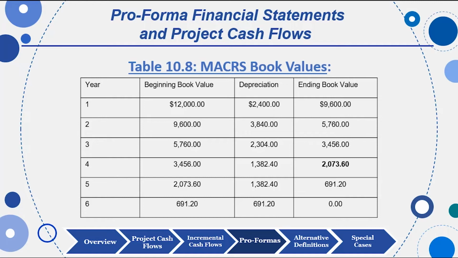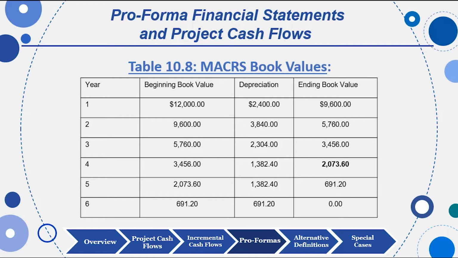So on this one, if I would ask you, what is the ending book value at the end of year 4? It's about $2,073. Basically, you take the cost of the equipment times the percentages given to you. In the first year, you can see that depreciation percentage is 20%, and then that percentage goes up in the second year and then goes back down in the third, fourth, fifth, and sixth year, according to the MACRS percentages